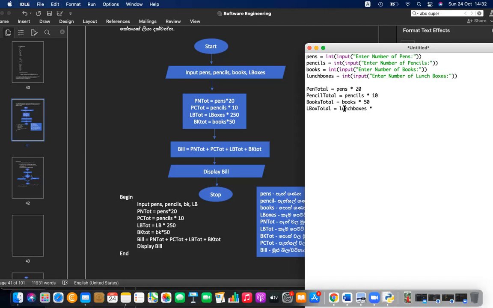because lunchbox is somewhat expensive, and the total bill is equal to pen total plus pencil total plus books total plus lunchbox total.